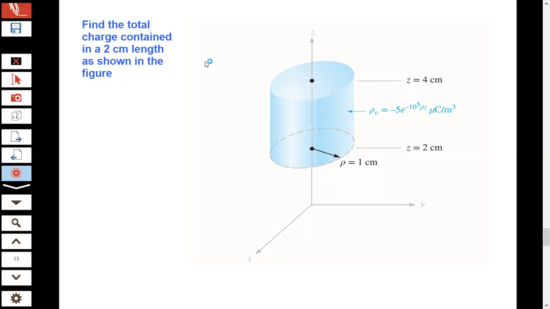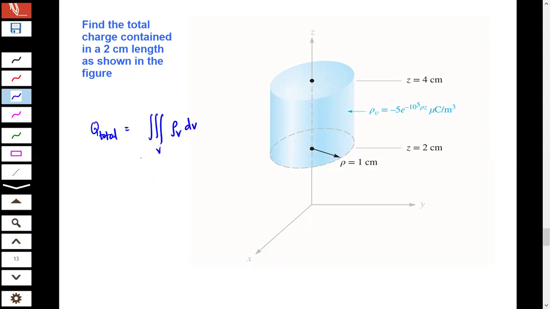So we should find how much of total charge will be present in this region if this is the volume charge density. We can write the charge enclosed or the total charge formula. Q total can be written as volume integration of this charge density rho v. Now this is a cylindrical coordinate system. We should know what is the volume element in cylindrical system, which is rho, d rho, d phi, dz, and